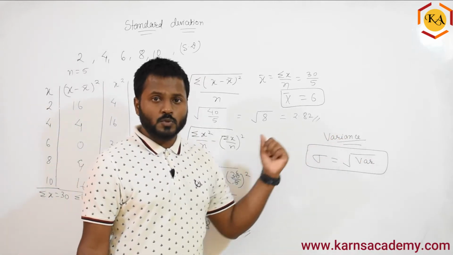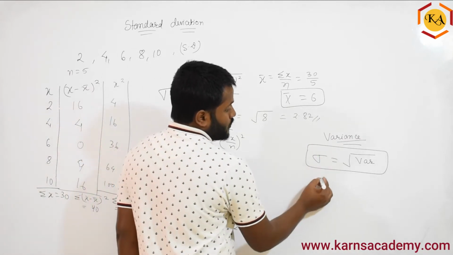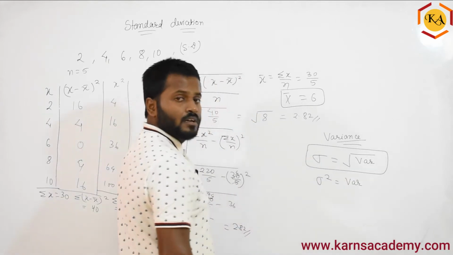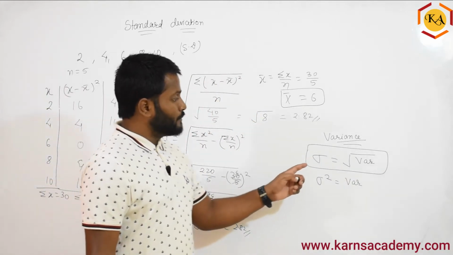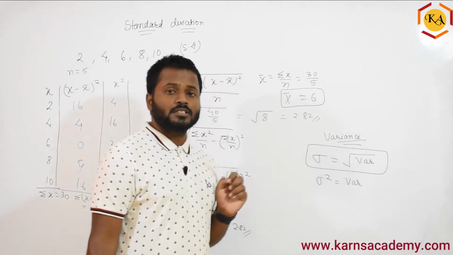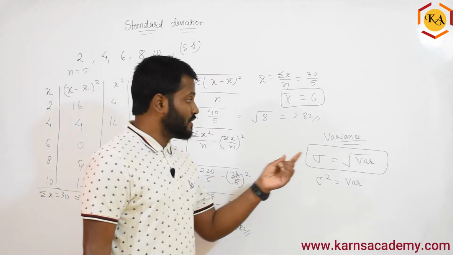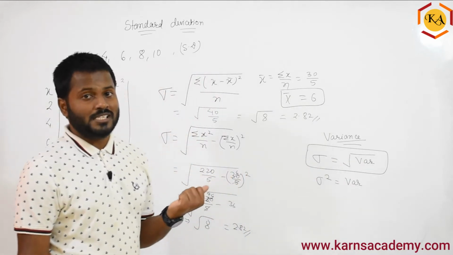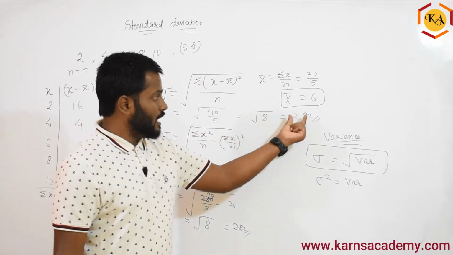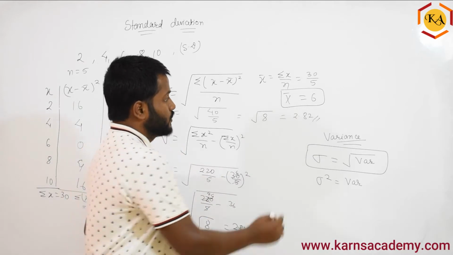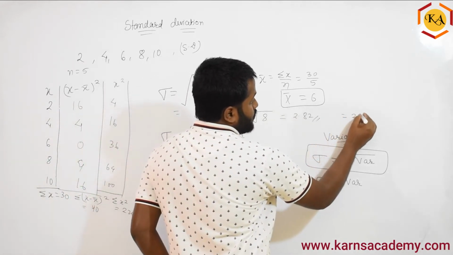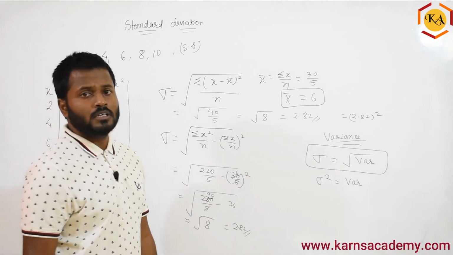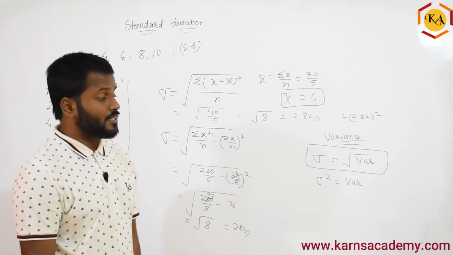you to find out a variance, what do you have to do? Can I square both the sides? So can I write standard deviation square is equal to variance, right? So you have to just remember that standard deviation is nothing but square root of variance. In case they have given variance, you just have to find the square root, which will give you the standard deviation. Now standard deviation I want variance. What I have to do? In that condition, I will square this 2.82, the whole square, right? That is going to be your variance, sorry, right?